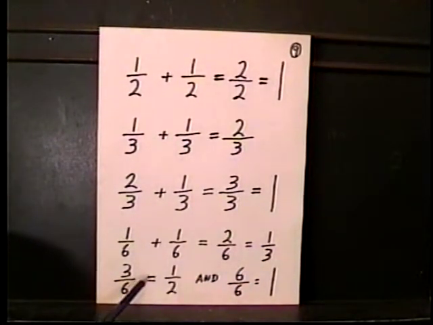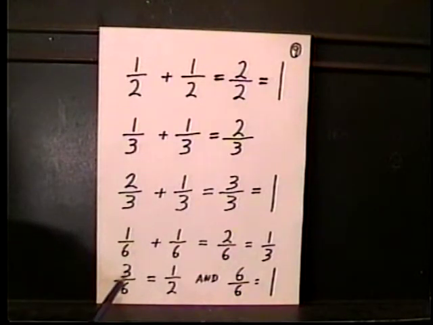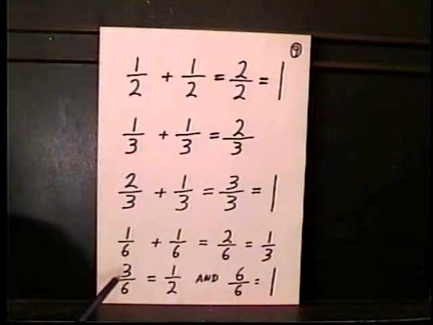3/6 equals 1/2. If you have 3 pieces of something that has been cut up into 6 pieces, then you have half the number of pieces of the whole thing, because 3 is 1/2 of 6. So we can also say, well, we're going to try to divide both these numbers by the same number if we can, to see if we can get a smaller number. Can we divide